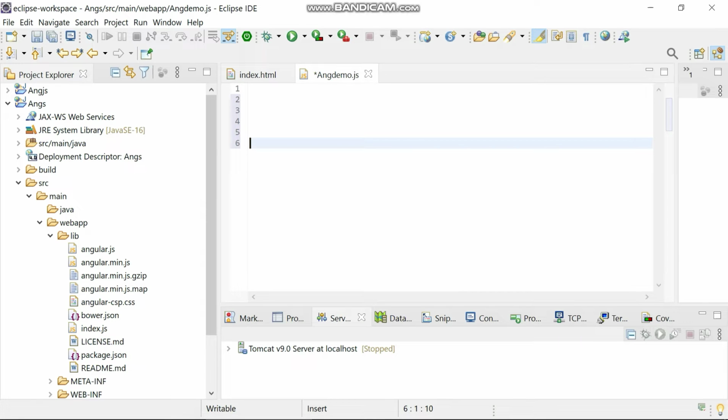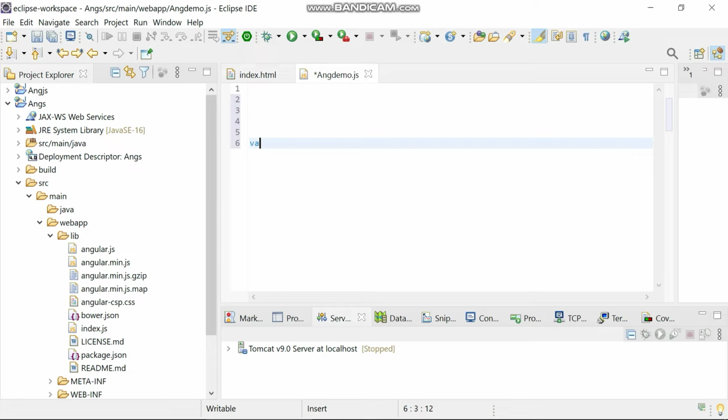In other words, every view page will have the module. So I'm going to create the module, Angular module. I'm going to create and name the module.